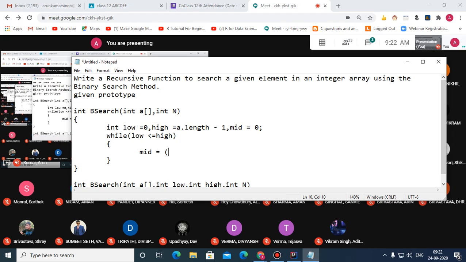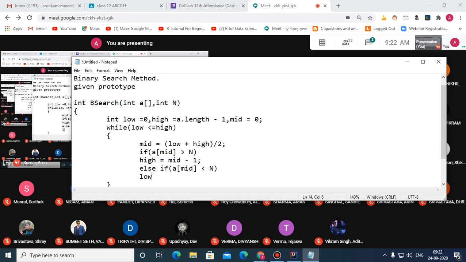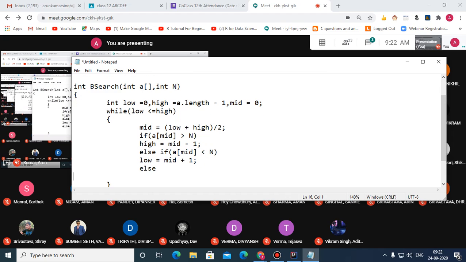And within this, we need to compute mid as low plus high by 2. And if array of middle is more than the element to be searched, that is n, then high will be middle minus 1. Else if array of the middle is less than the element to be searched, then low will be middle plus 1. Else